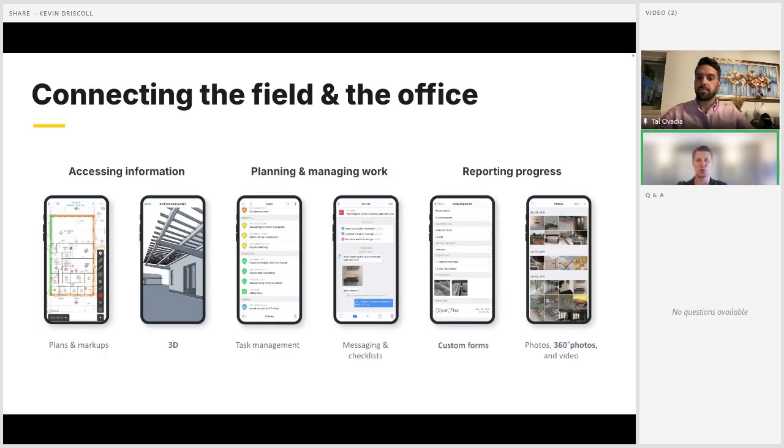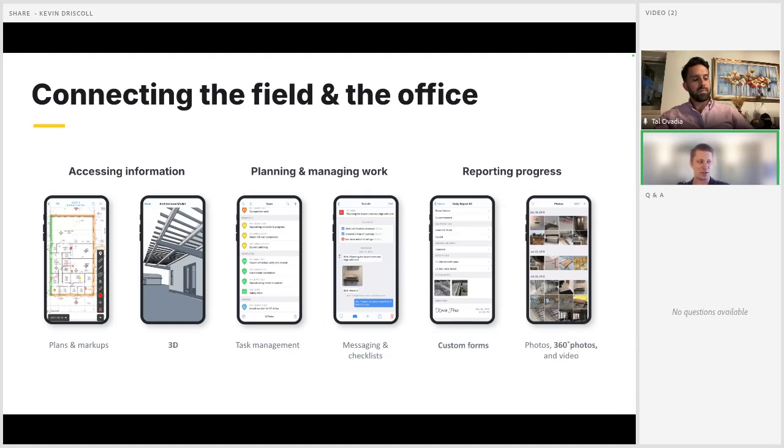So, who are we at Fieldwire? Fieldwire is designed to connect the field and the office, and many people at Fieldwire come from the construction industry, like myself. We like to say that construction is in our DNA. And so we want to make it as easy as possible for the field to access information that they'll need to perform their craft while providing a way for office workers to report that progress to stakeholders, owners, GCs, and the like.